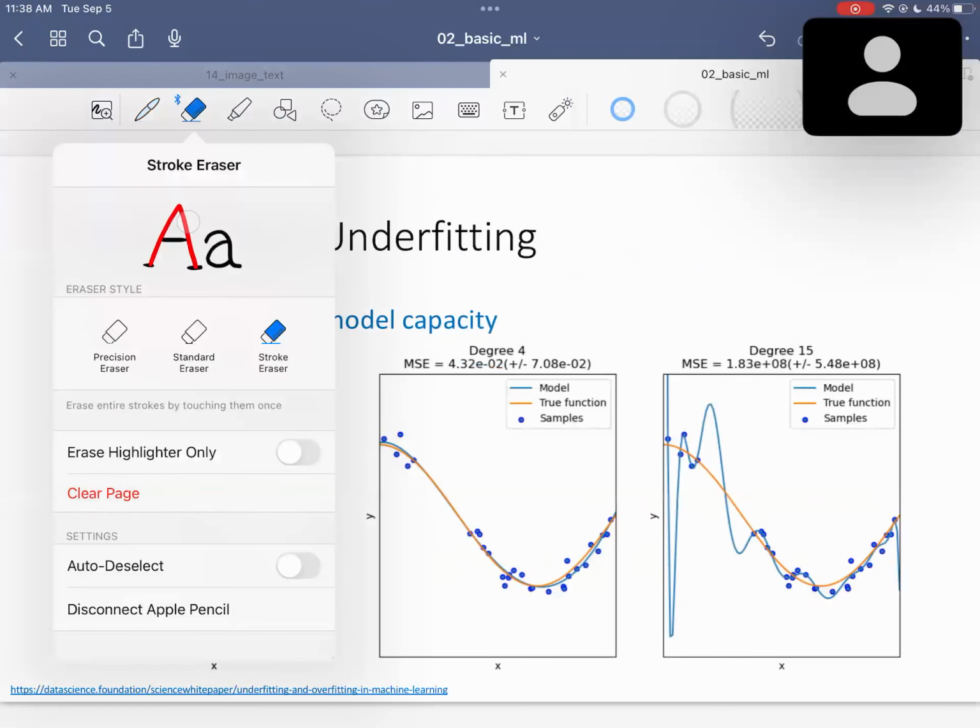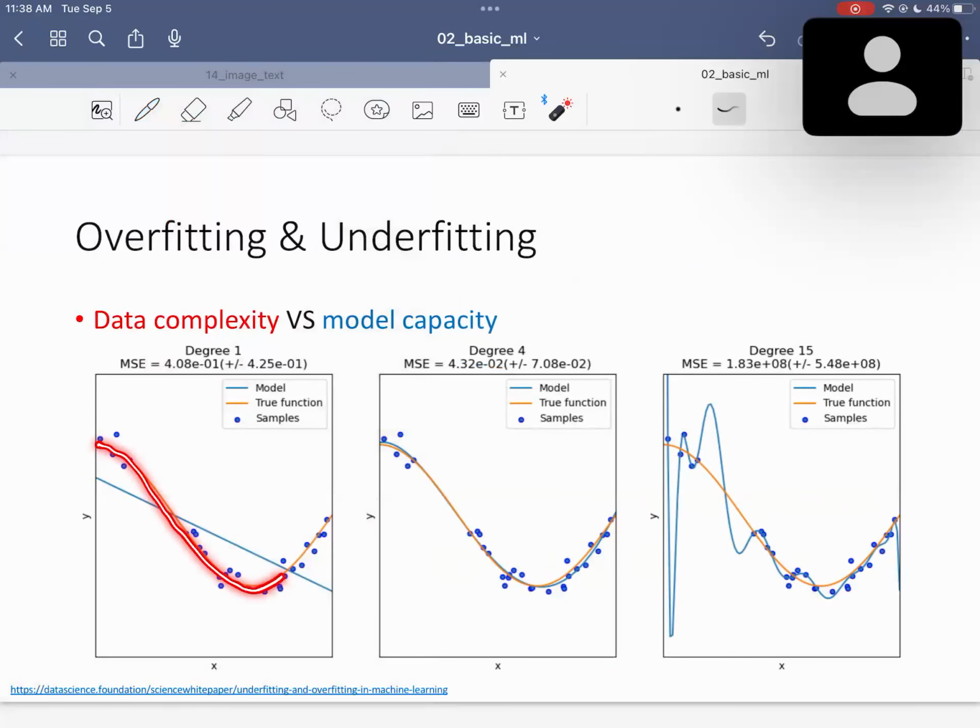Right. So this is your true function, and you have observations. This becomes your training samples, and you want to learn a function that estimates this true function. For example, let's say that you use a linear function. This is not a good idea because, in this case, we already know the ground truth function is at least cubic, at least third order. So since the ground truth is a third order function, a linear function is not good enough